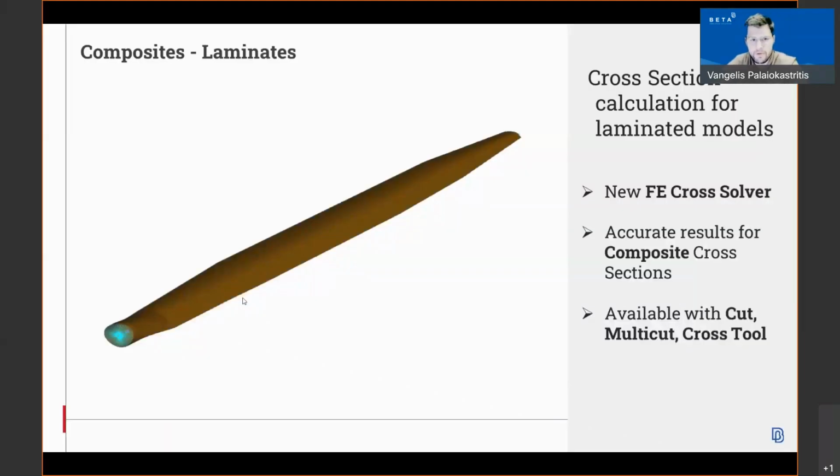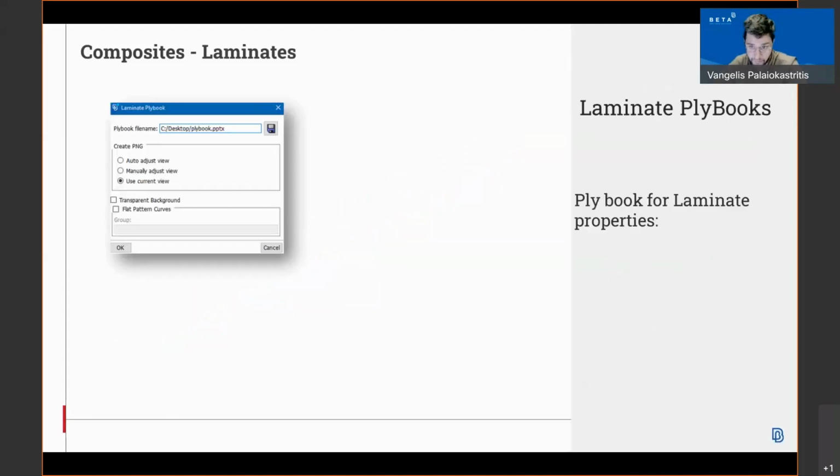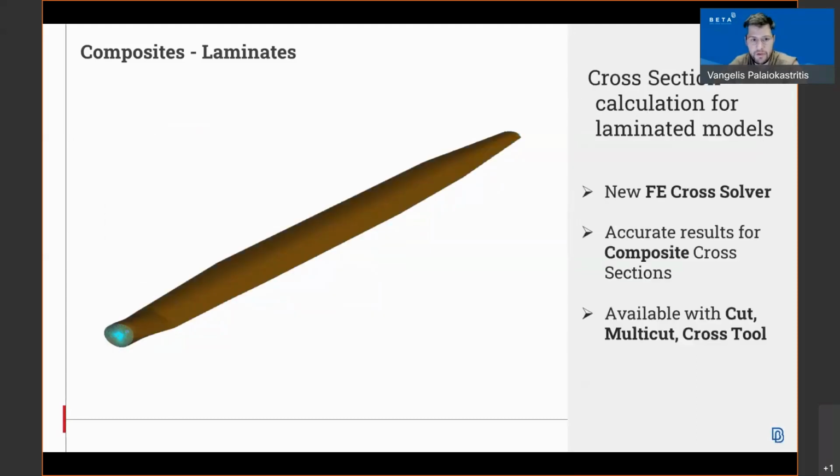Moving on, the cross-section calculation for laminated models is now available. The new FE crossover can calculate the cross-sectional properties of a laminated cell model. The solver will take into account the layered structure of the laminate and the anisotropy of the materials that are used by the layers.